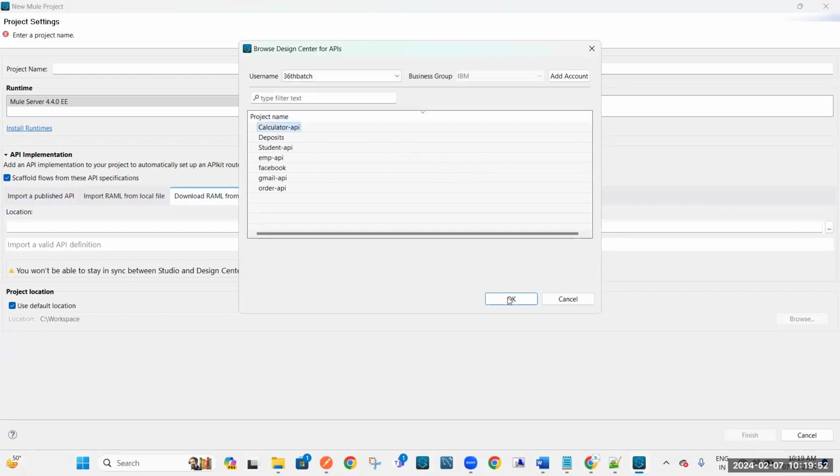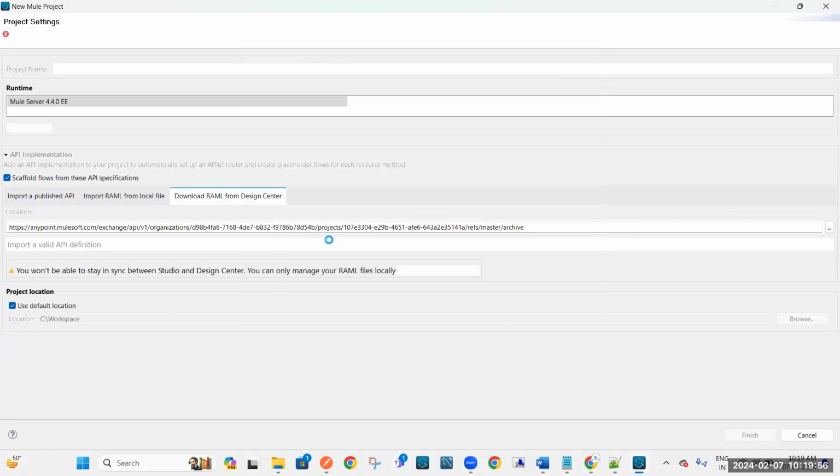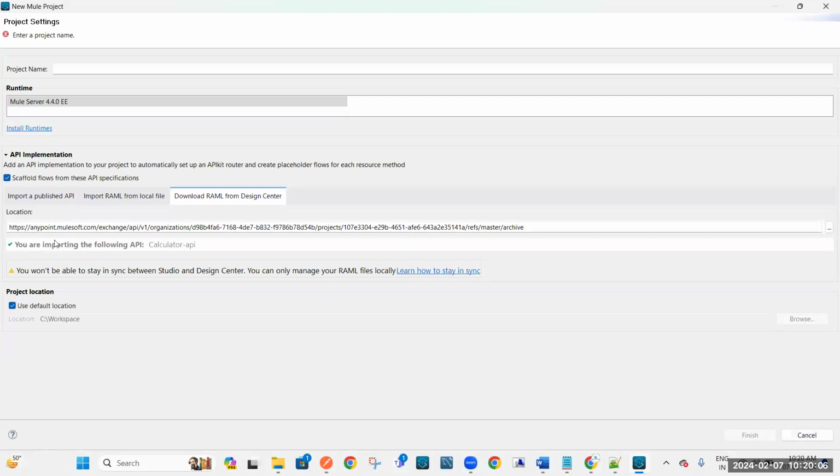I select this calculator API. I'll click on OK. So the moment I click on OK, here you will get one tick mark. It is going to import the API. Can you see? You are importing the calculator API. And you just provide name as